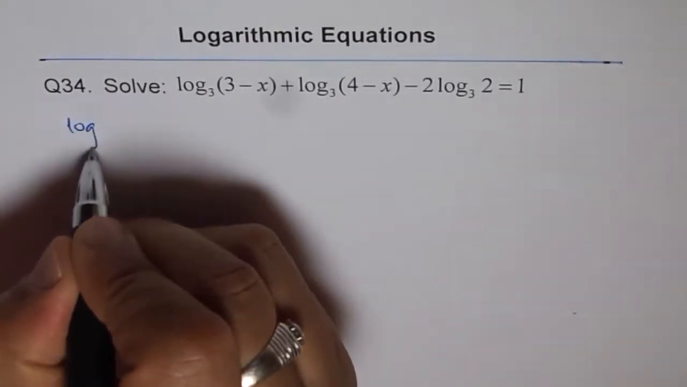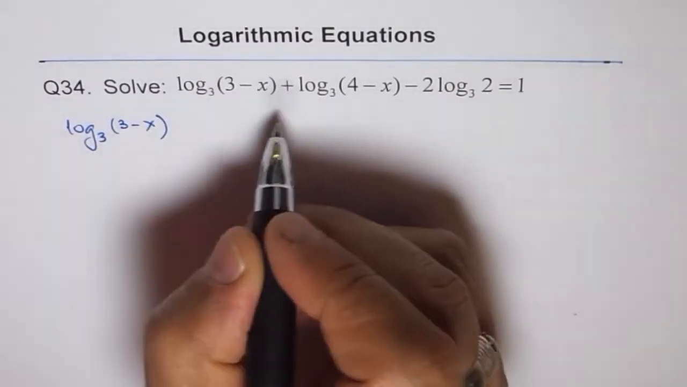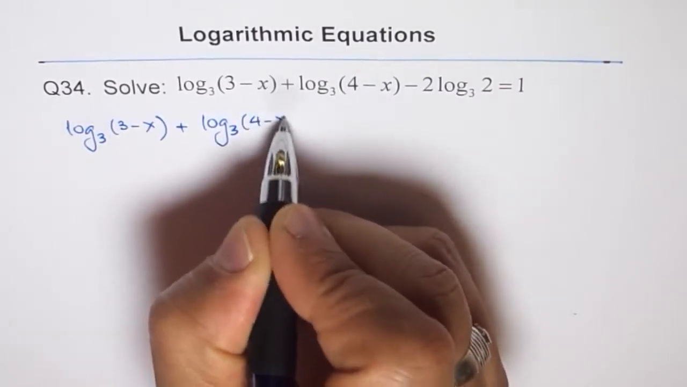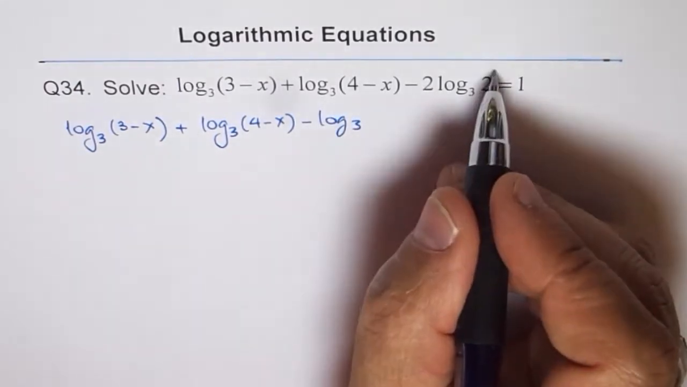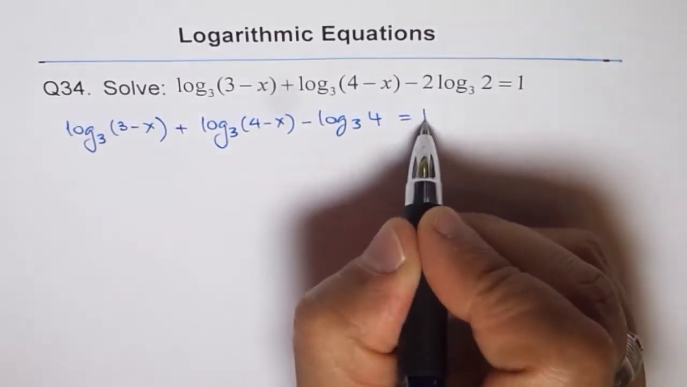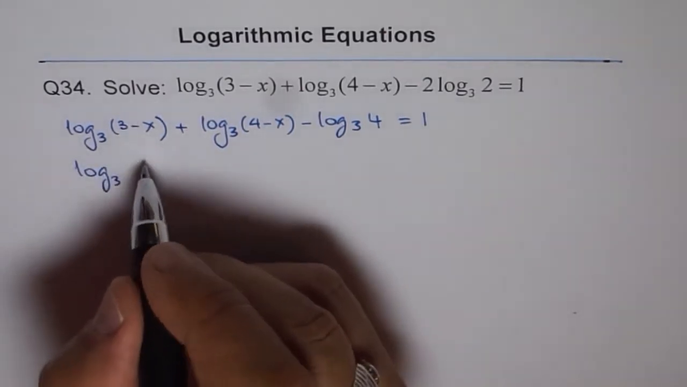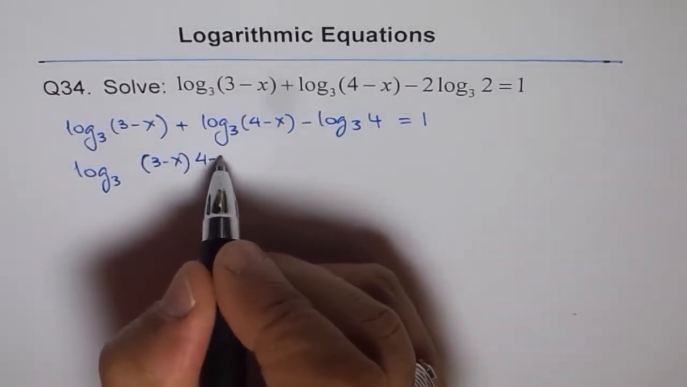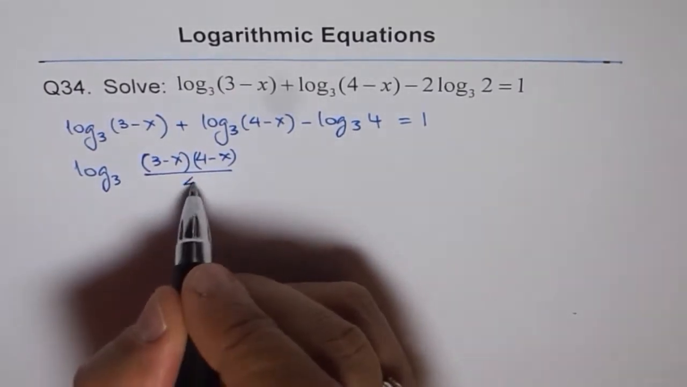So it is log 3 of (3 minus x) plus log 3 of (4 minus x) minus log 3 of 2 squared, right? So 2 squared is 4, so we'll write 4 equals to 1. Now this could be written as log 3 of (3 minus x) times (4 minus x) divided by 4